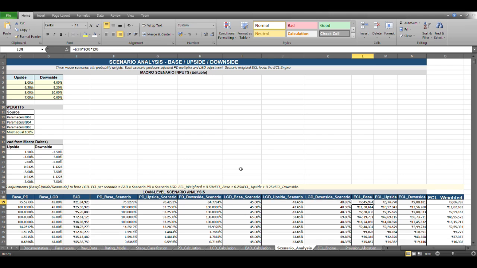So ECL of base is being computed using the PD, LGD, and EAD for the base case scenario, and the ECL is likewise computed for the upside and the downside, right?